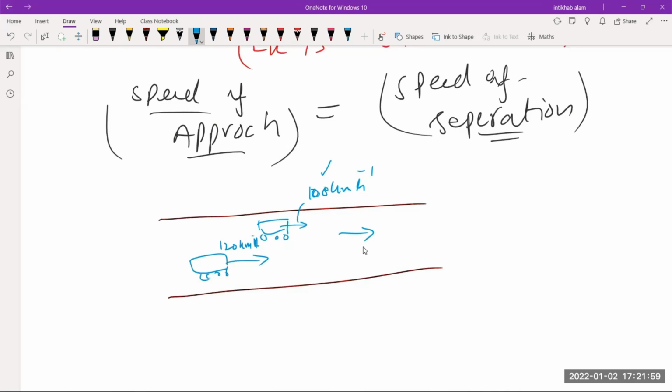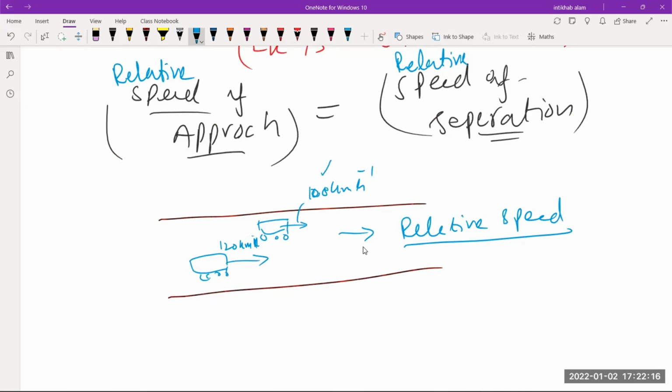So here you talk about the relative speed of approach. Sorry, I forgot to write the word relative. If you are body A, this is the car B, the relative speed of A with respect to B is just 20 kilometers per hour,